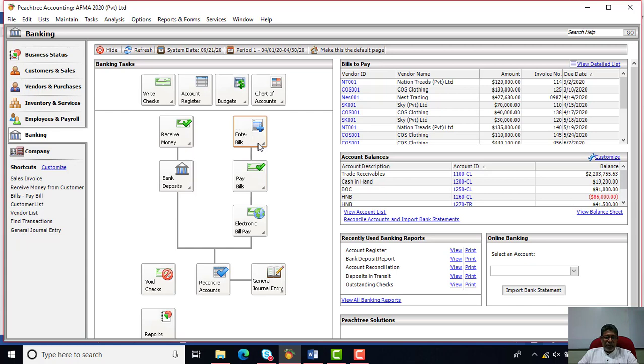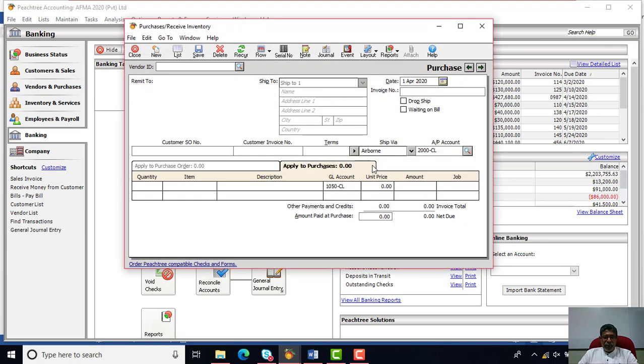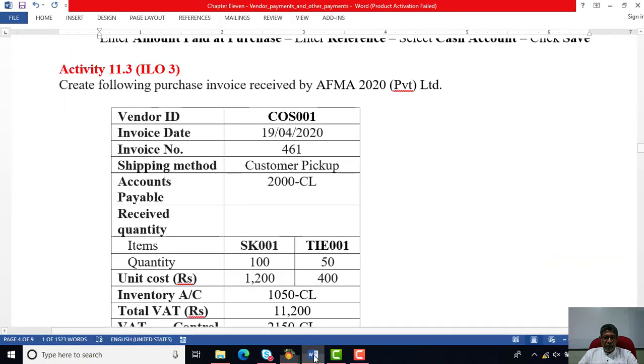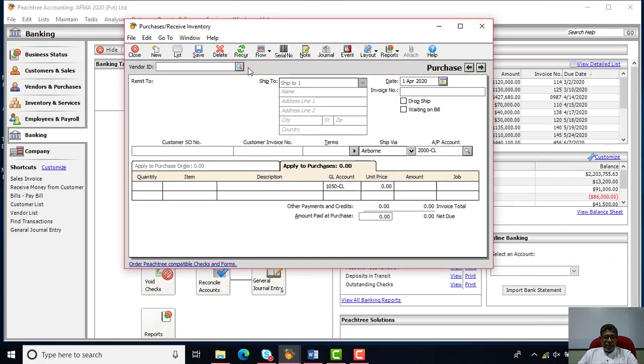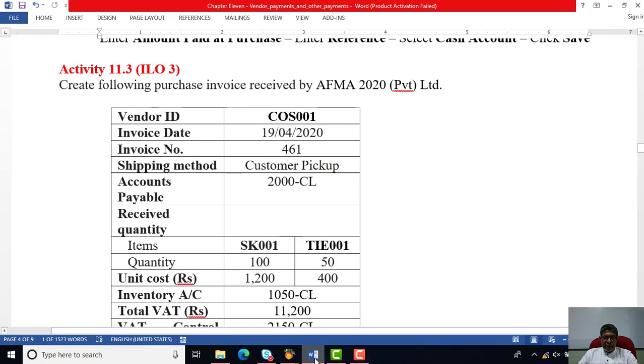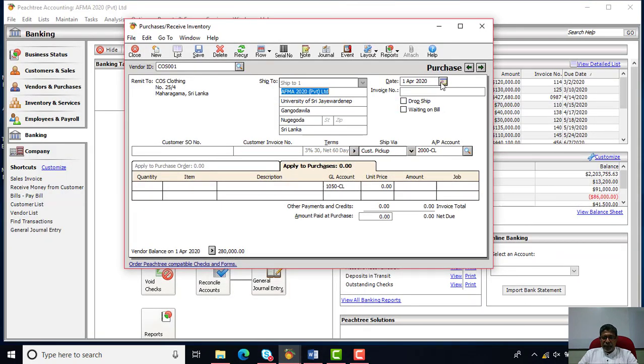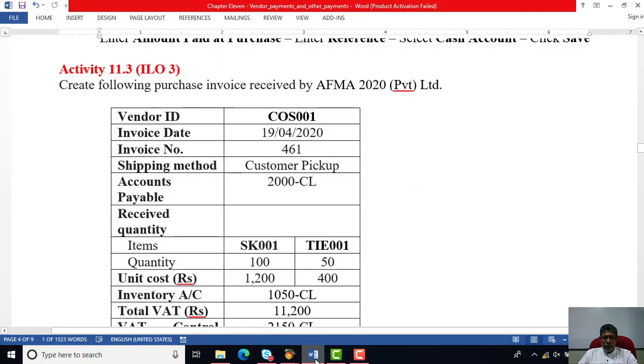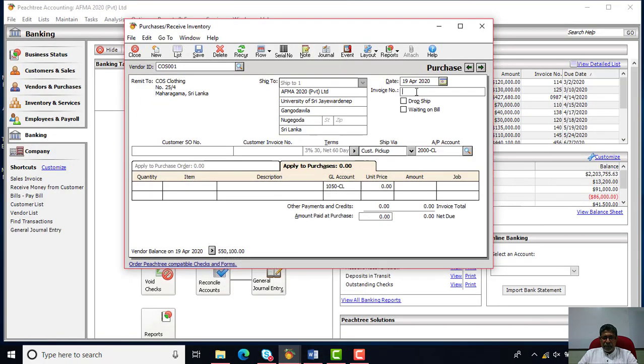You can go back to the enter bill option and create the new bill. So if you are creating the new bill, then we can go to the vendor, select the COS001, that is your vendor, and the date of the transaction, this time invoicing date needs to be entered, 19th of April 2020. So we will be selecting the invoice date, and we got the invoice number of the supplier, invoice number